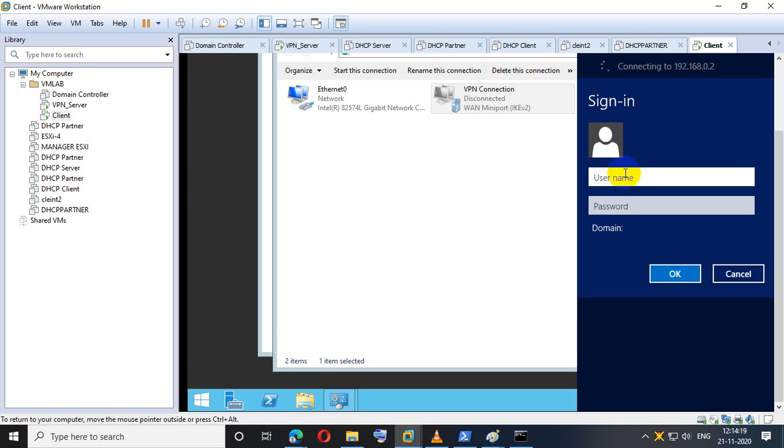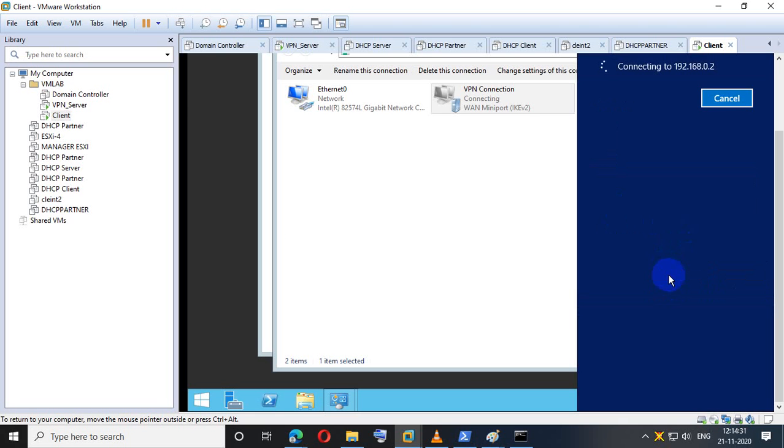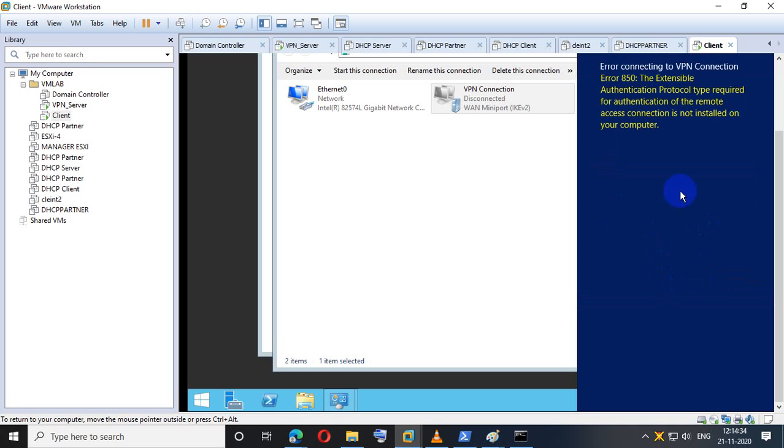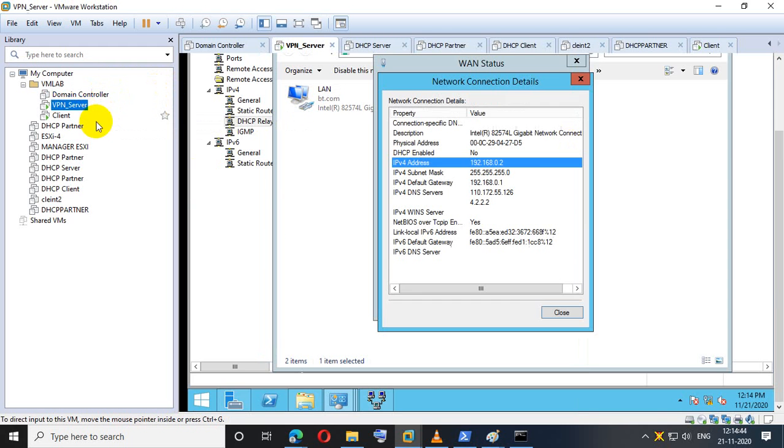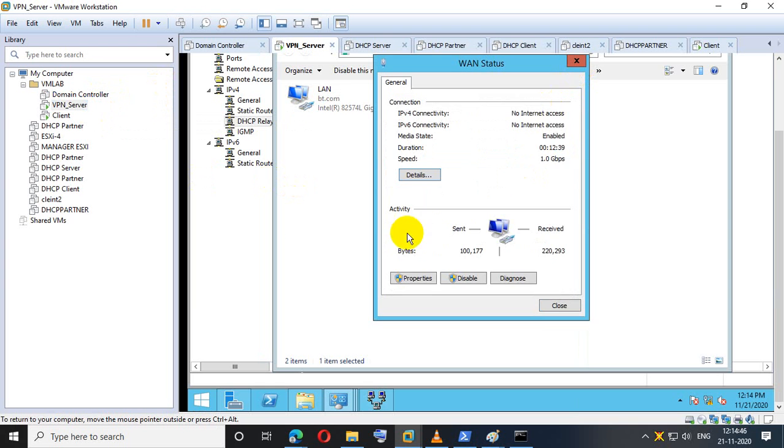Let's say I'm creating it for Ranga, so bt/Ranga. The authentication protocol type required to authenticate the remote access connection is not installed on your computer. So it might have a problem, and there are options.